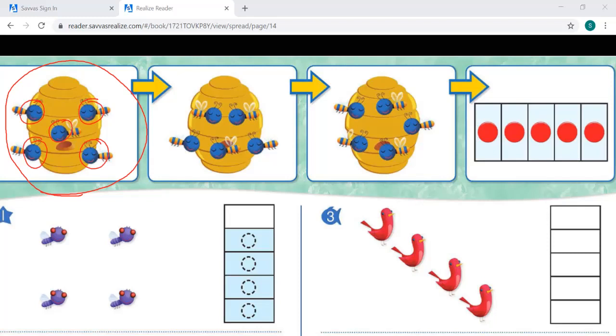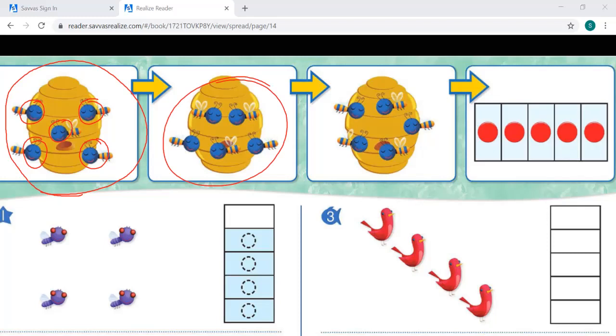So you can count them, or you can recognize the pattern that they're in. So it's important that you get used to the pattern so that when you look at a pattern, you know how many there are rather than counting that pattern. So you should know both ways of figuring out how many bees there are. All right,